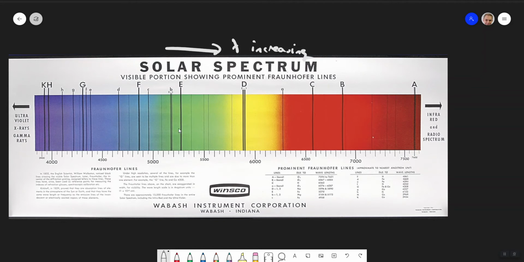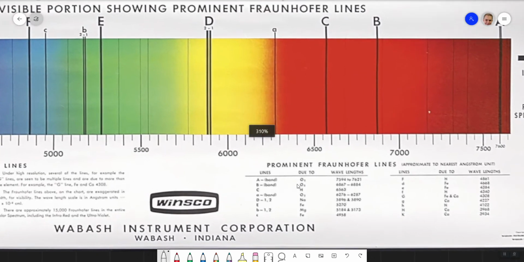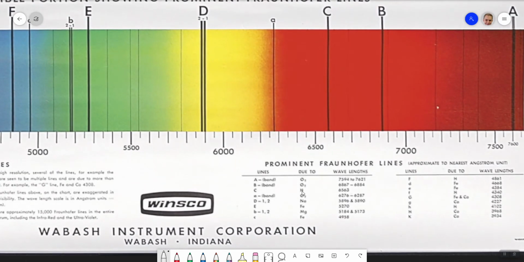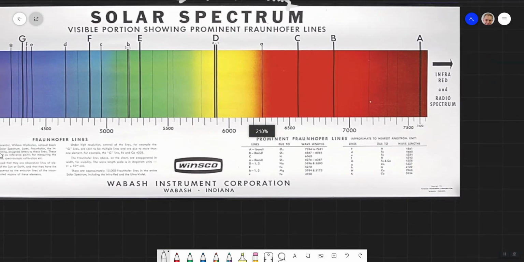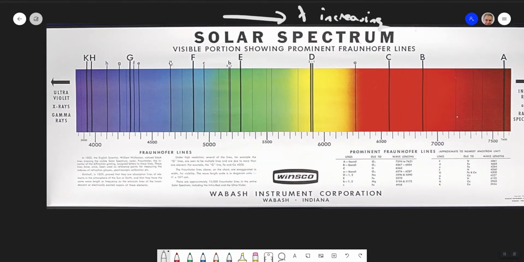And these Fraunhofer lines represent different things. There's a little key down the bottom here that tells us what things are. So, for example, line C is due to hydrogen, and there it is. Here's a line, it's due to hydrogen. It's 656.3 nanometers, and a nanometer is a billionth of a meter. There are some other ones. D and E are both due to iron. It's little d and little e, isn't it? So we've got little d and little e. So there's that one there, and these are due to iron.